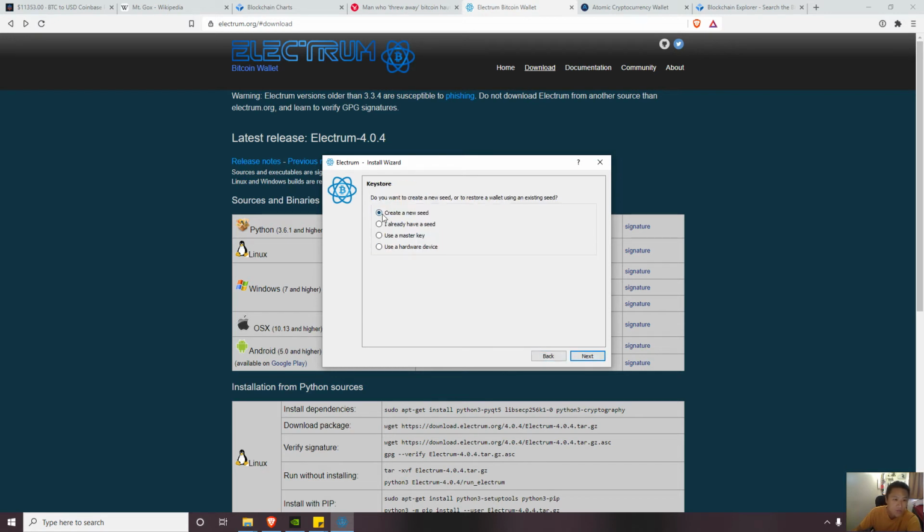But so standard wallet, if this is your first time having a wallet, this is where you would want to create a new seed. And so this is the first most important step about understanding these wallet creations, is that where you create your wallet on, in this case, we're creating it on the desktop, is that the wallet is going to be stored on the desktop. If I created the wallet on my phone, the wallet would be stored on the phone, and you would access your wallet via those devices. However,